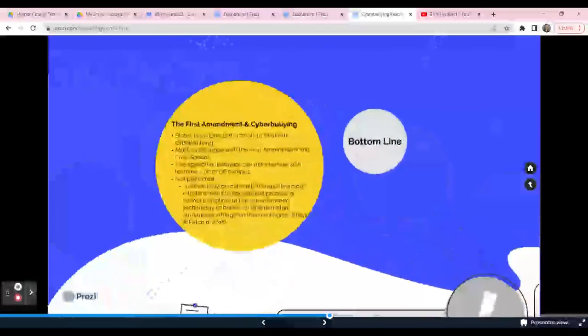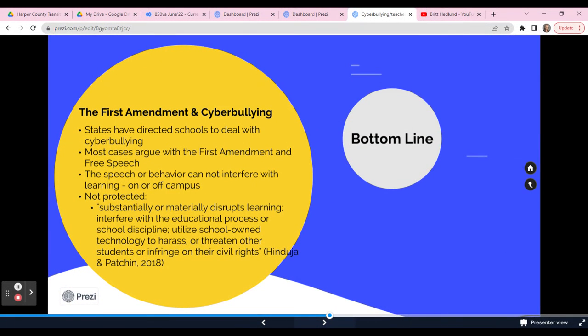So, what does the law say about cyberbullying? Most people fight cyberbullying consequences or policy with the First Amendment, and it has gone to court in states, but states direct it to the schools to deal with cyberbullying. When the speech or behavior interferes with learning, either on or off campus, that allows the school to step in and